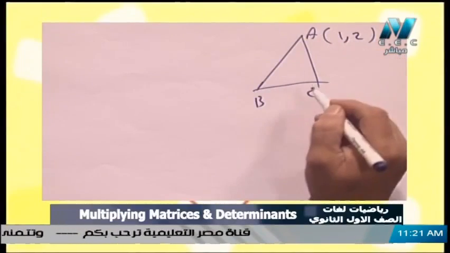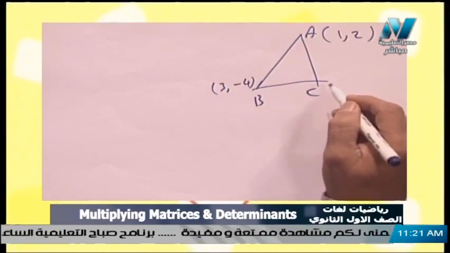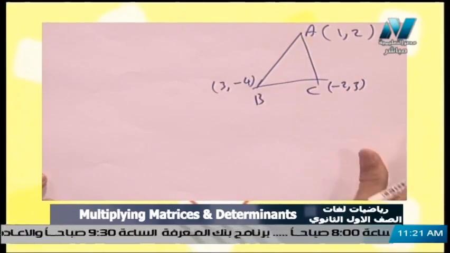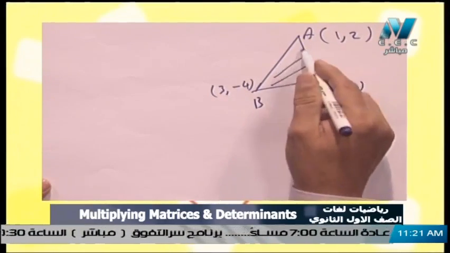How to find the area of a triangle if we have A, B, C, the three points of the triangle. If we have a triangle here like that, A, B, C, and we have A equal, as an example, 1 and 2, B 3 and negative 4, C will be negative 2 and 3. We have a triangle in the coordinate axis like that,